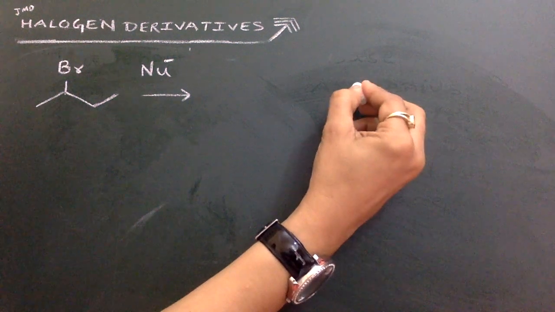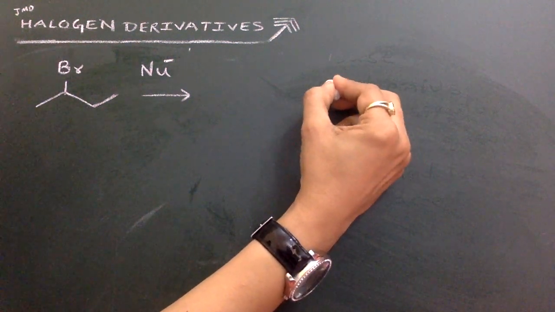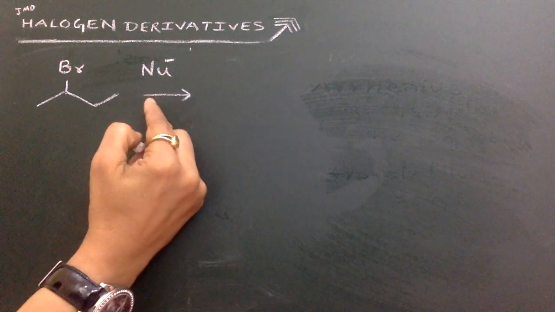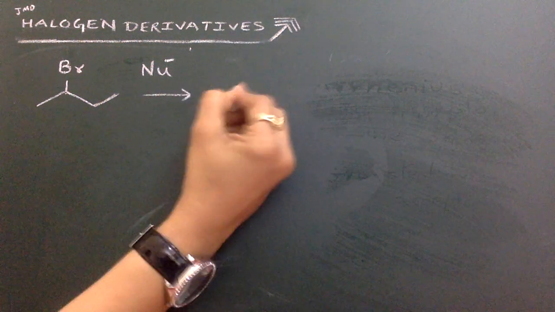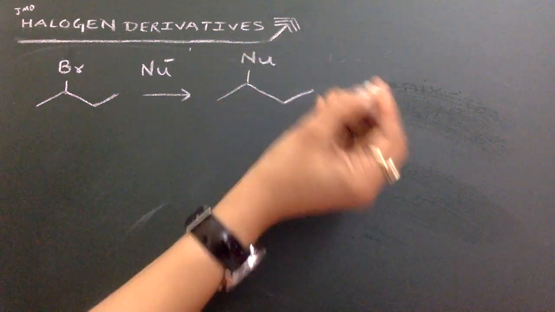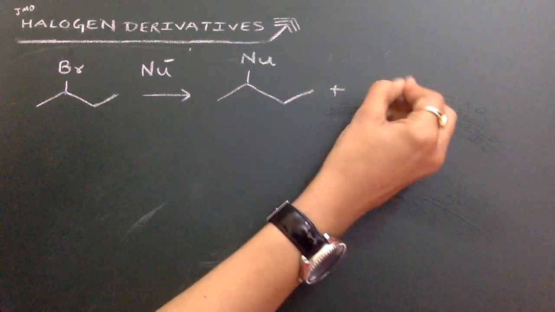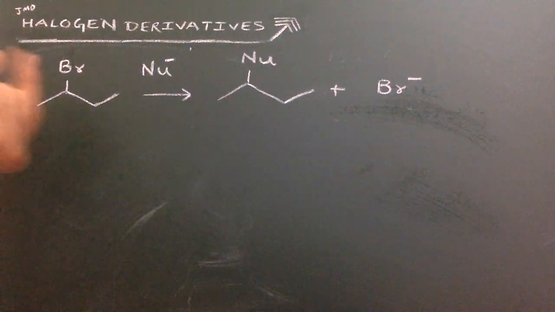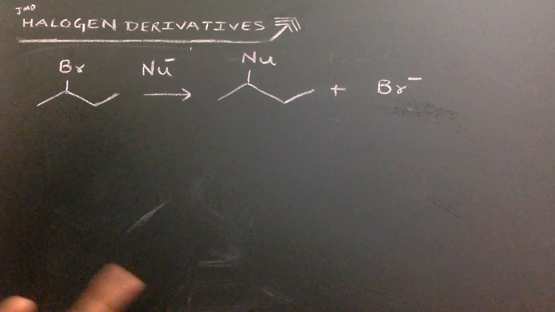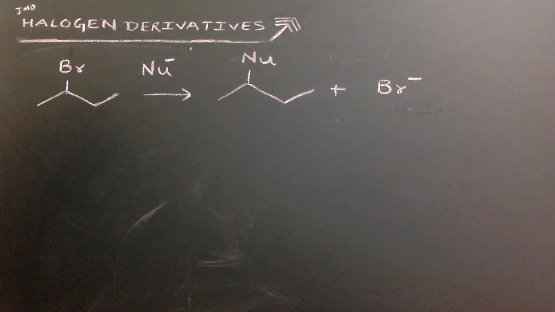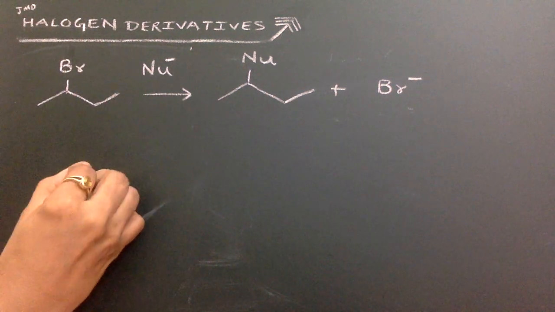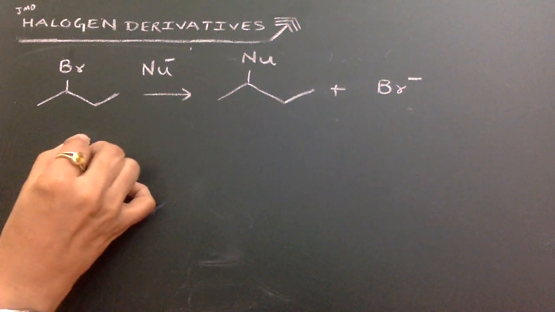Again, I take the same molecule. Taking the same molecule, we just see one below the other. I treat 2-bromobutane with the nucleophile. So what will happen? The nucleophile itself will come and it will displace Br minus. So the weak nucleophile Br minus is replaced by the strong nucleophile, which can be any strong nucleophile. But when the same reaction I am doing and I am writing above the arrow